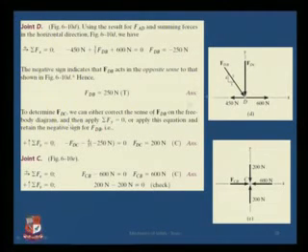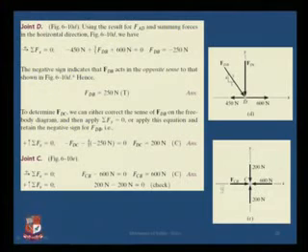Then I need to determine FDC. Now if you see, we can either correct the sense of FDB on the free body diagram or directly solve it using the negative sign only. Now in that case I have solved it as summation Fy equal to 0: minus FDC, that is going downward, that is by negative, and minus of minus, because I am keeping the same direction only. So minus of 4 by 5 into minus 250, so that gives me FDC equal to 200 Newton.